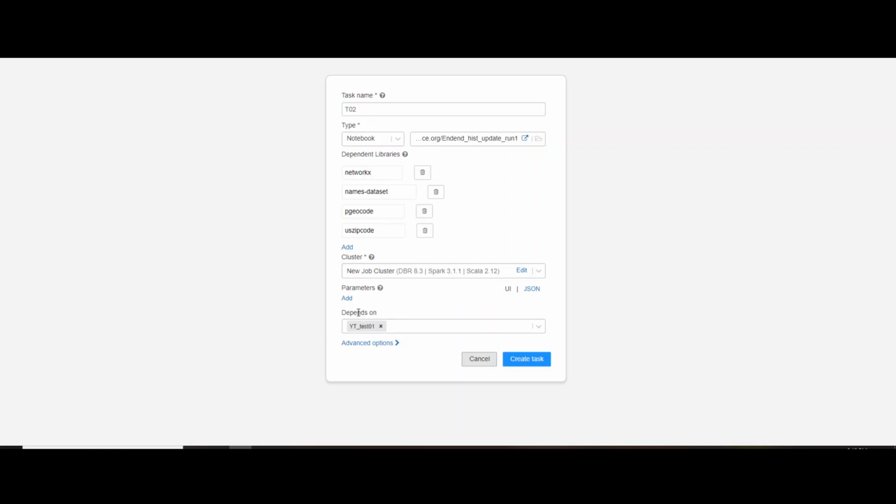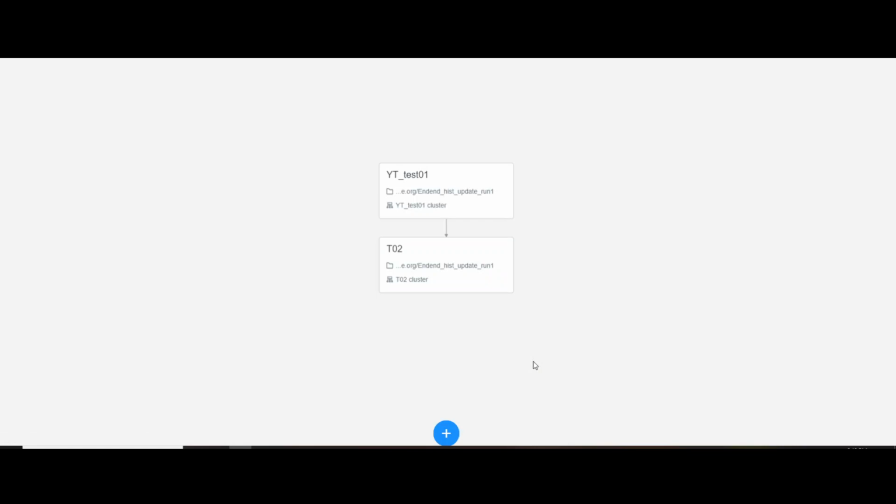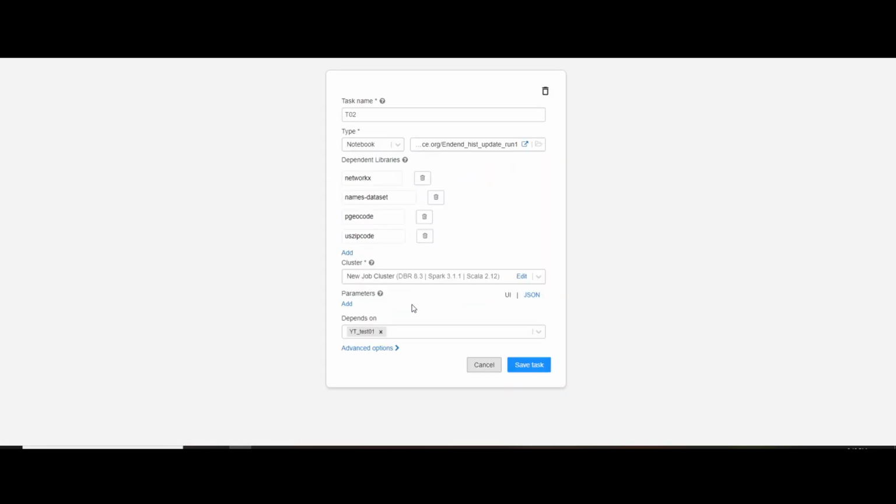And now you can see an option of depends on YT_test_01. This is what we created before, right? Now let's click on create task. What you can see over here is the task I created first, YT_test_01, and then I created T02. If I click on it again, you can see I have chosen depends on YT_test_01. This comes by default.